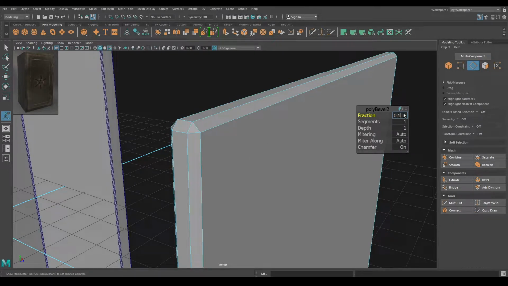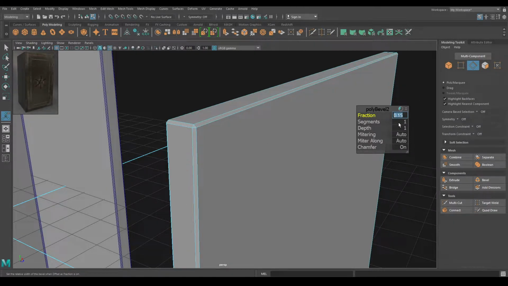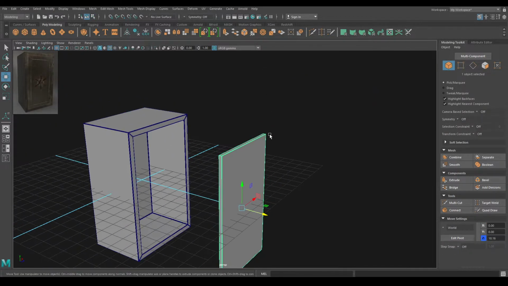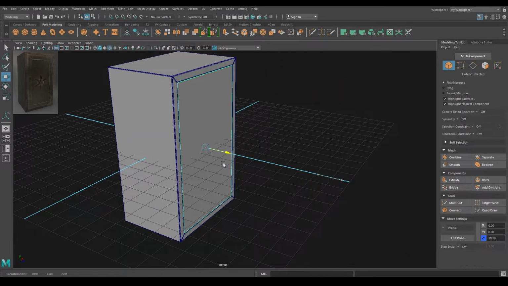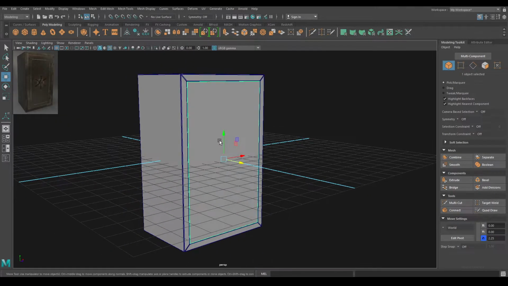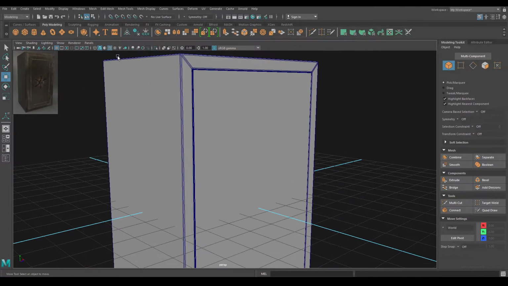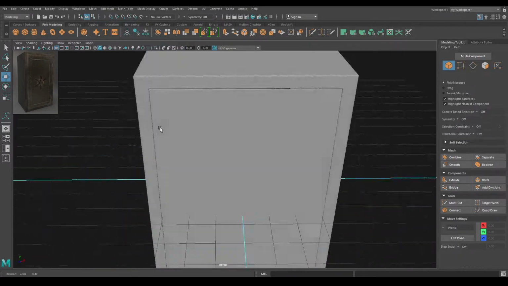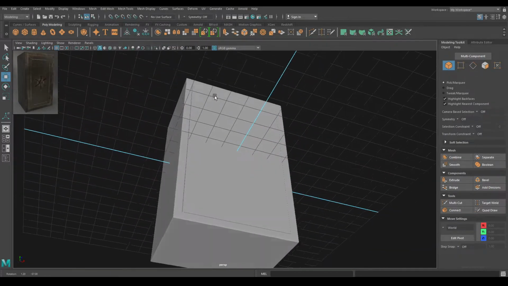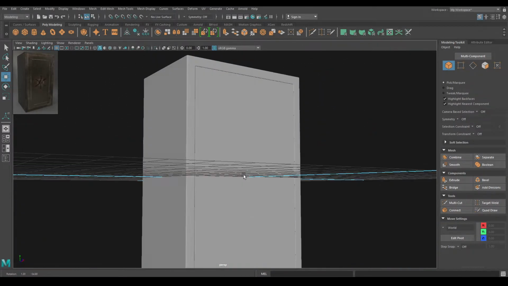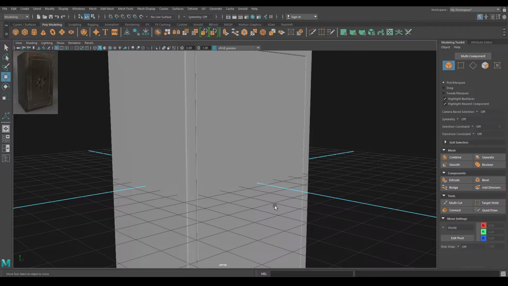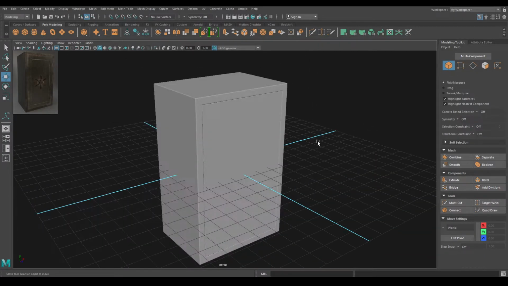Again fraction to 0.15 and segments to 3. Go to object mode and place this on the vault. So now we have our vault model. So now we just have to create the hinges for the door and this handle.